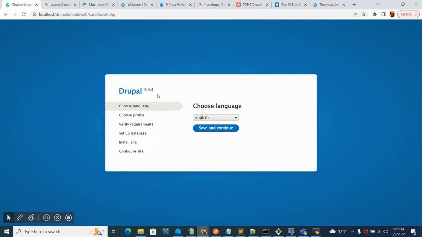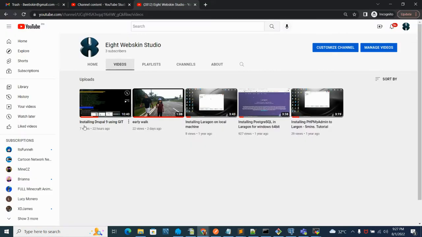Continuing our little tutorial with regards to Drupal, and we are now here on the installation of Drupal 9.4. If you check out the previous blog that I created, this one is installed via Git Composer, and this is Drupal 9. If you haven't seen my previous blog, you can check out my page, which is installing Drupal